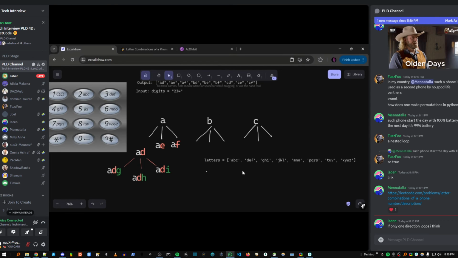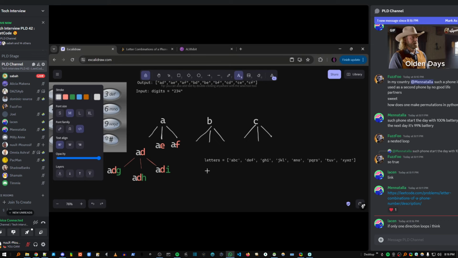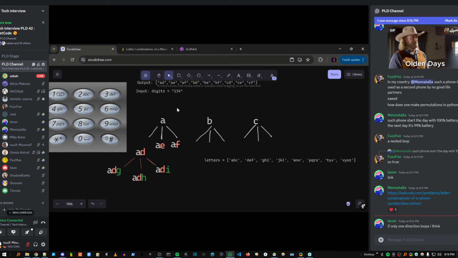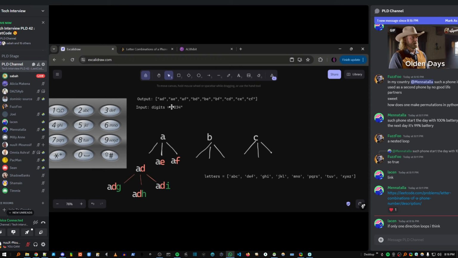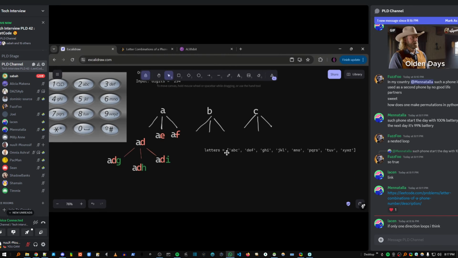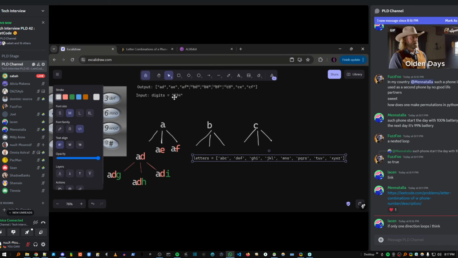I guess we can take them and prep them, maybe split them into actual numbers, put them in an array, or we can just leave that and just go through these digits. So if you loop through these digits, each one would give you a number. You can go and look for that number in our letters array. So the index would be, for example, 2 minus 2, which is 0, and the letters for this number are